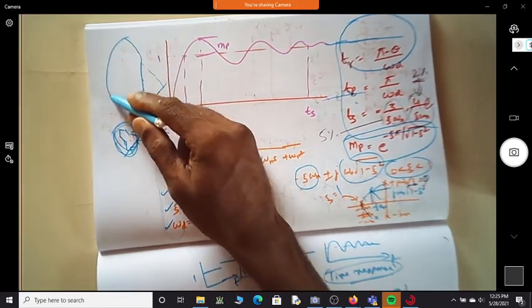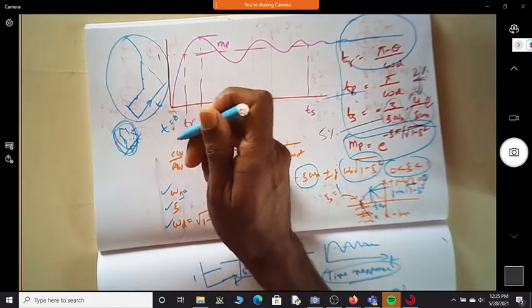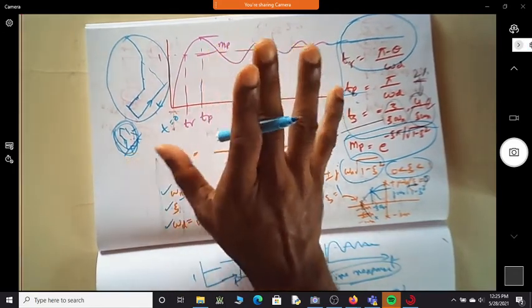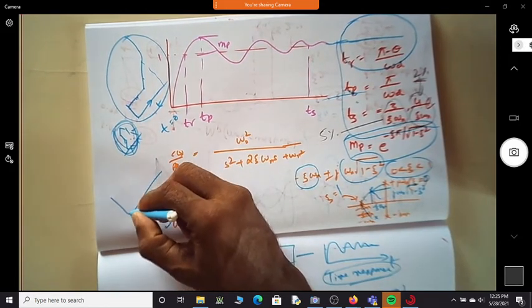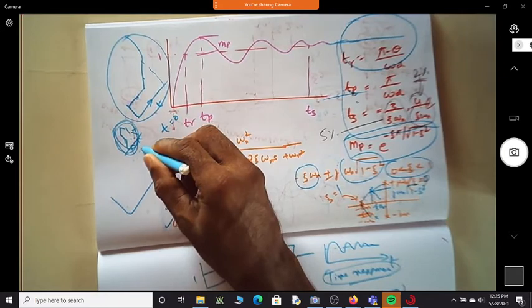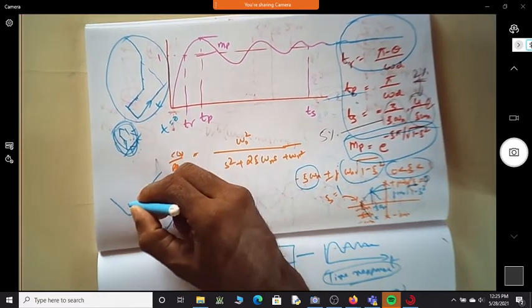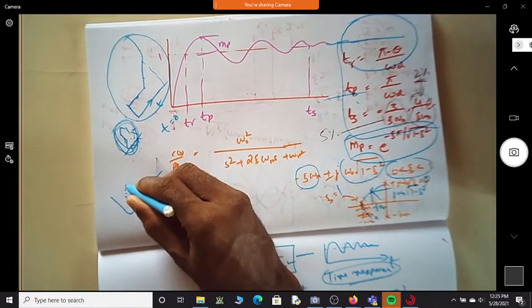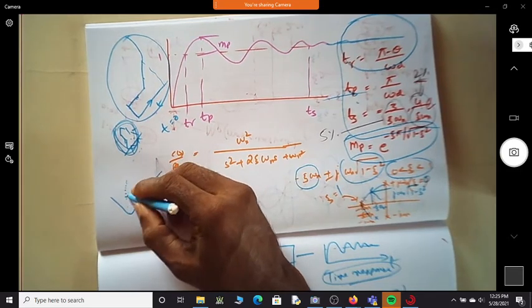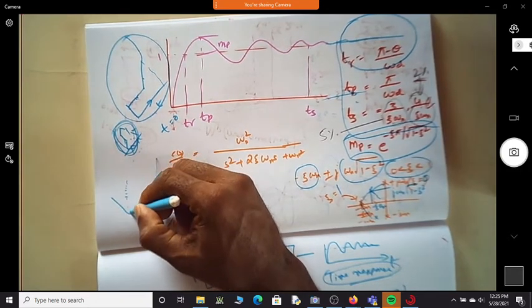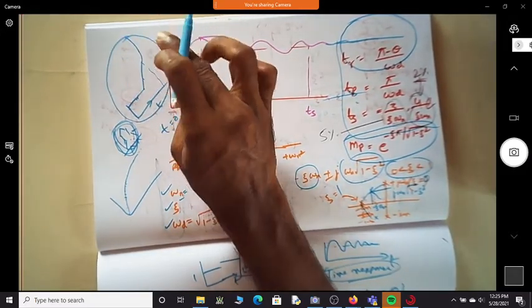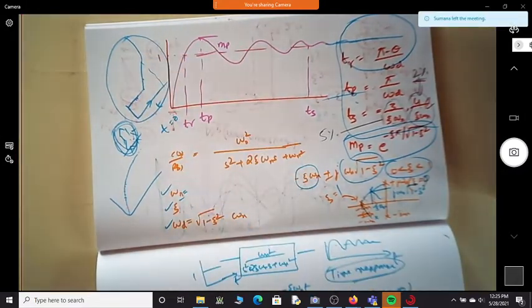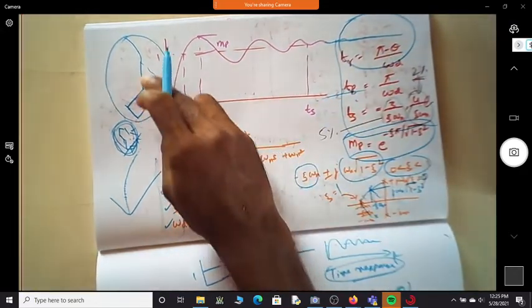For all these types of inputs, this system should have zero error. What do you mean by zero error? When rockets are launched, they have a predefined path. For every second it will keep blinking. So what is the actual path? What is the expected path? If it is exactly falling on the line, then we'll say that there is no steady state error, because steady state means it has already reached that particular state. So you need not wait till infinite time because it has already crossed that point.